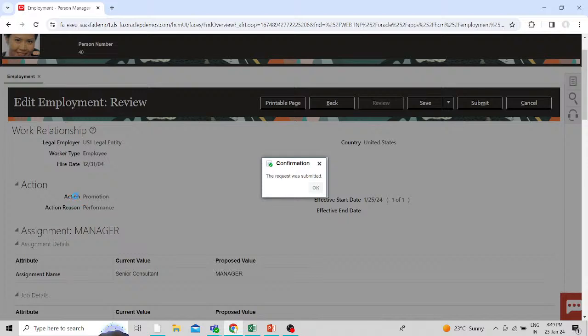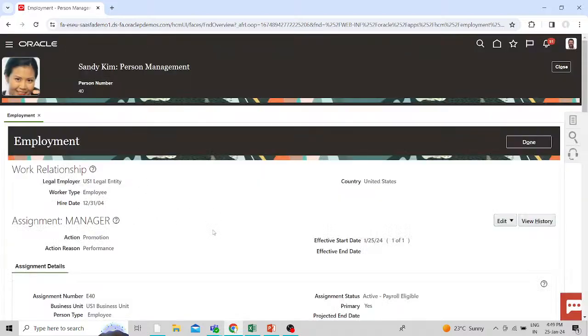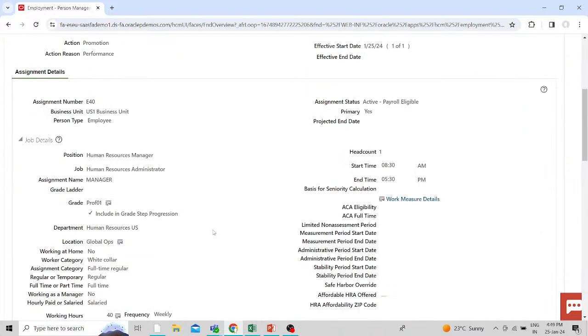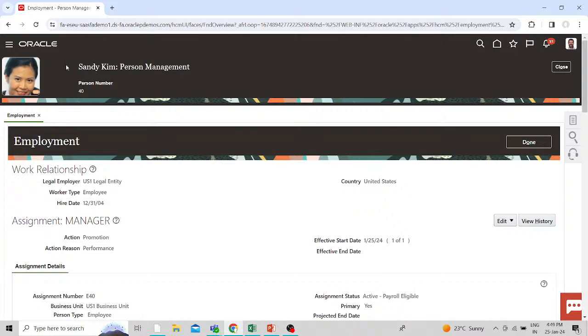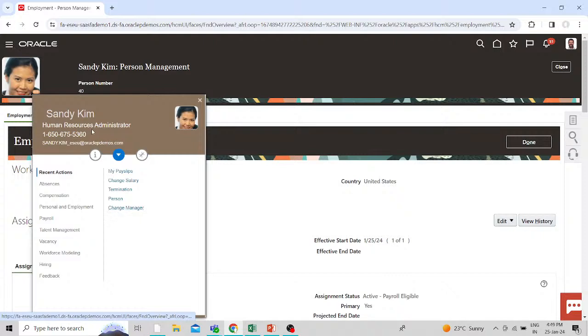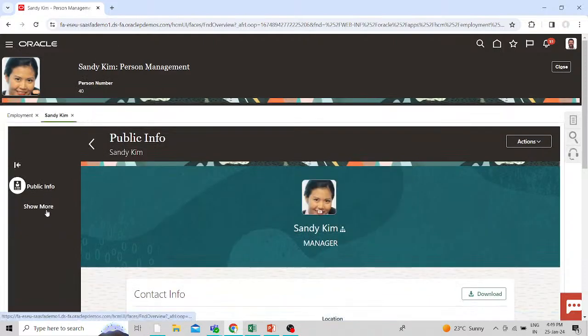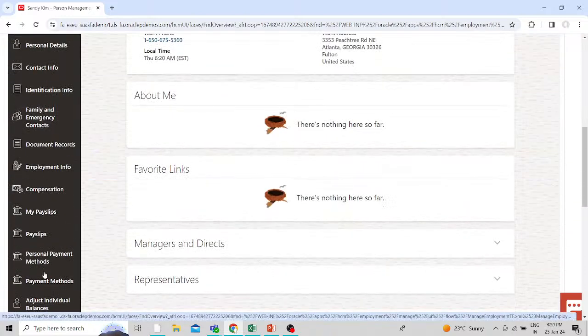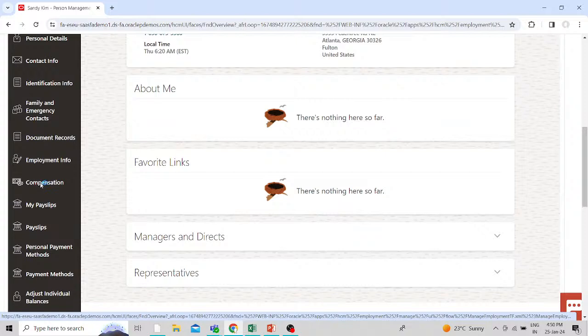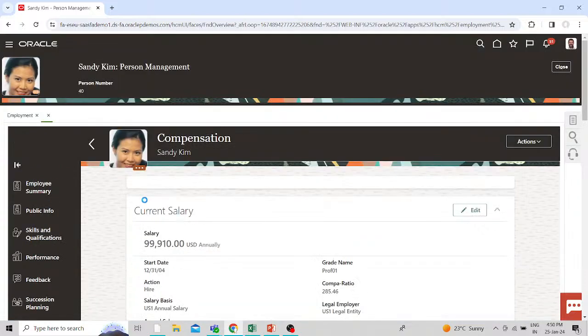So you promote the employee on the basis of the performance, and we send the request to the HR department for the promotion. When they cross check all the information,